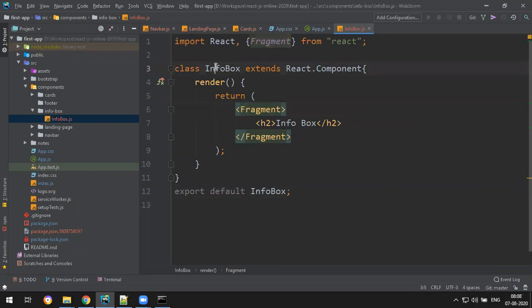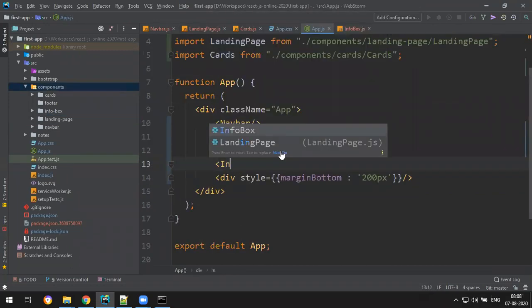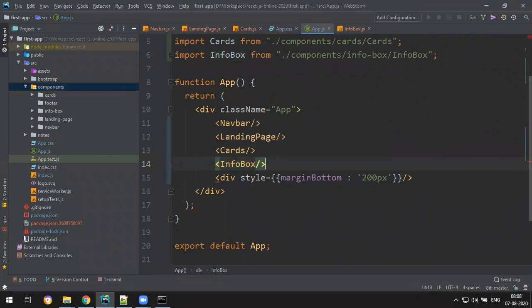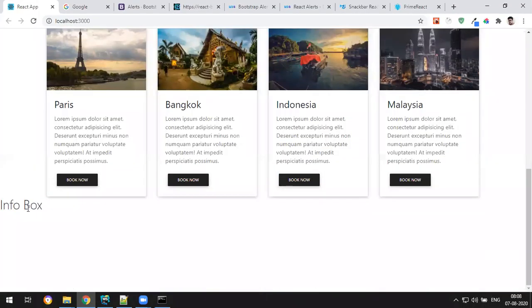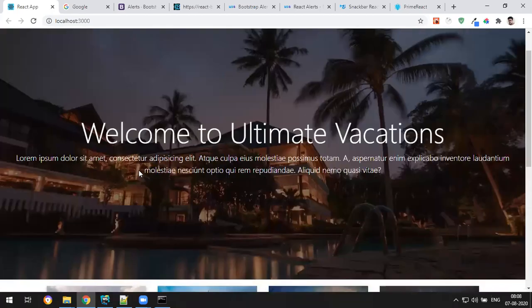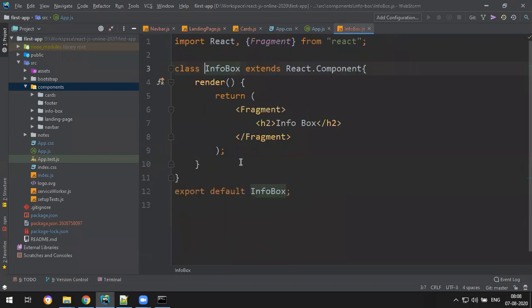Okay, so let's attach the information box in my app. So let's say info box, and it is self closing, so you get the message information box. Okay, so let me display some nice information box, like some nice content. So go here.